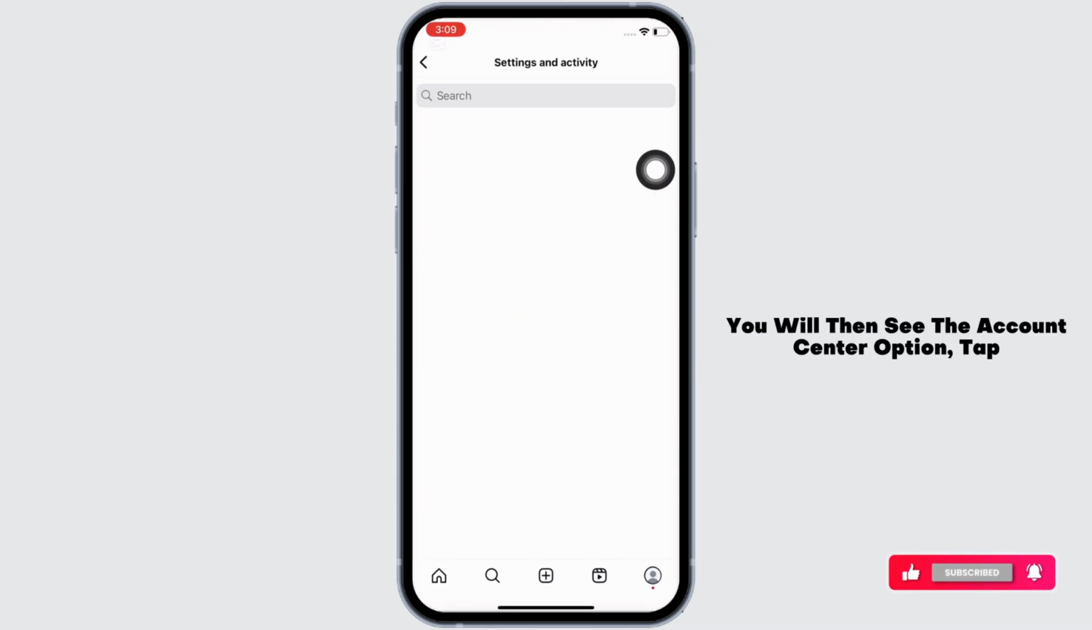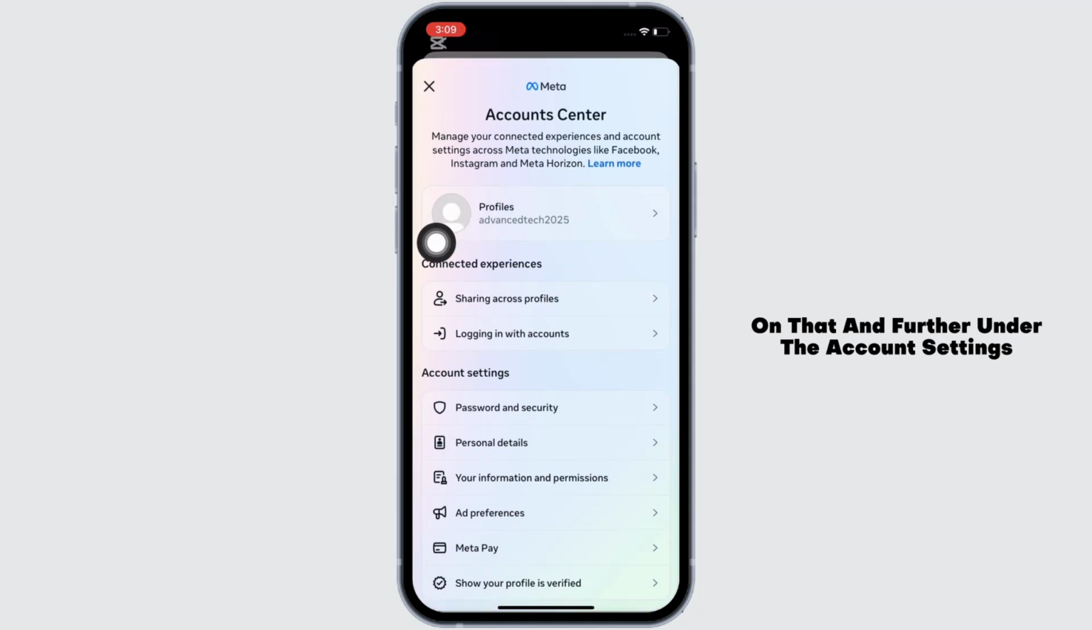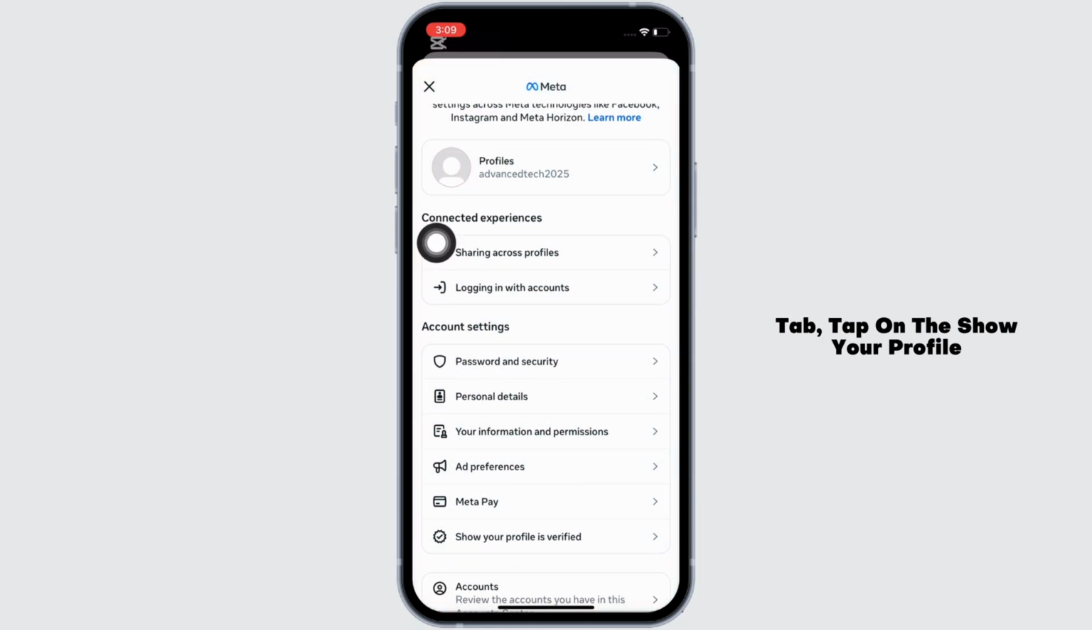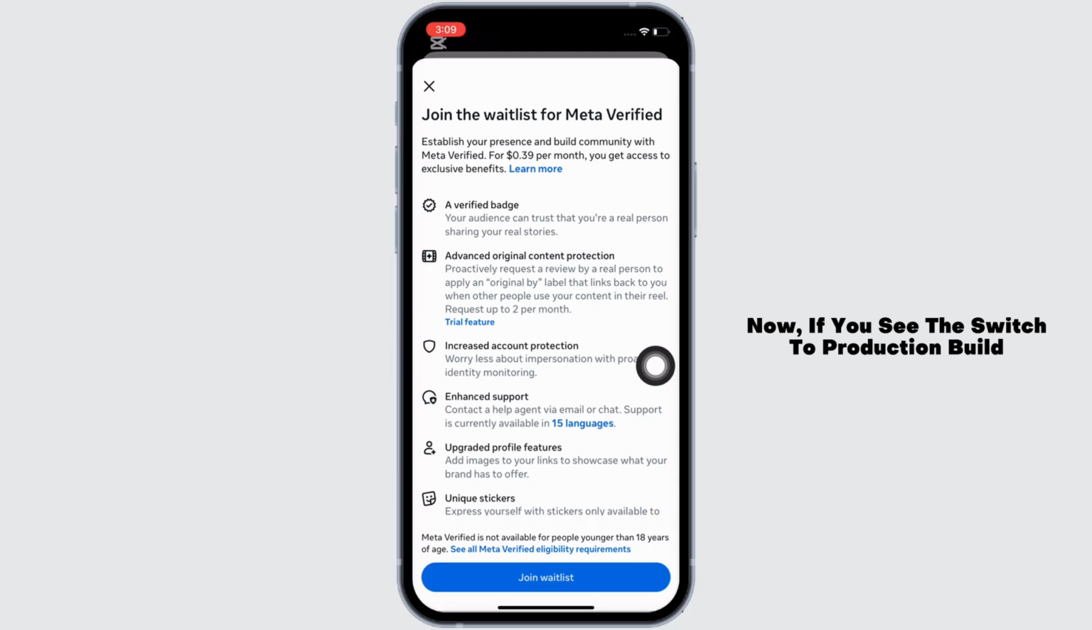You will then see the Account Center option. Tap on that and further, under the Account Settings tab, tap on the Show Your Profile is Verified option you see there. Now, if you see the Switch to Production Build pop up instead of this type of interface, then